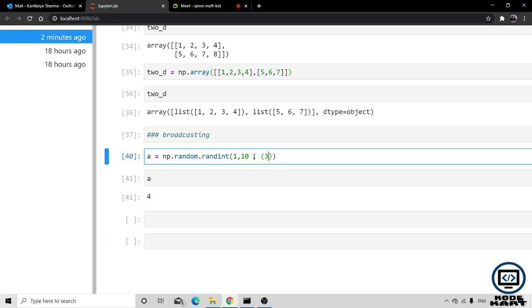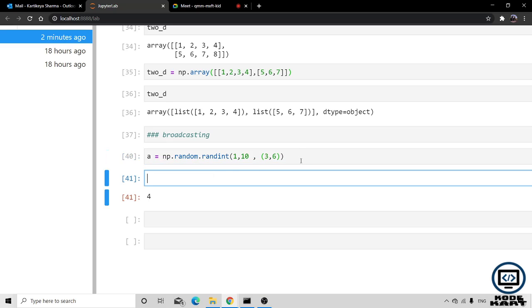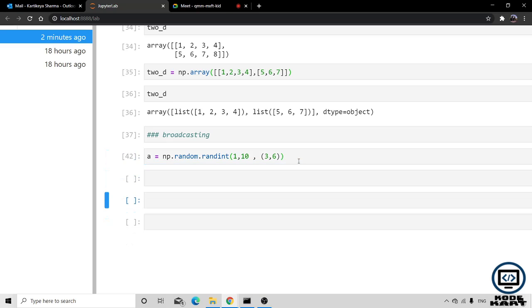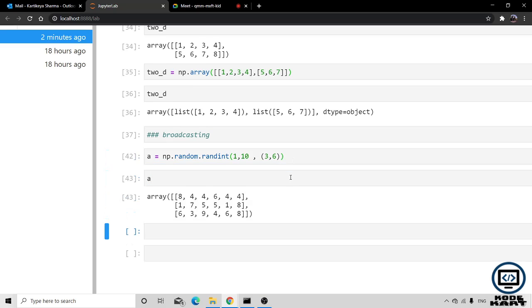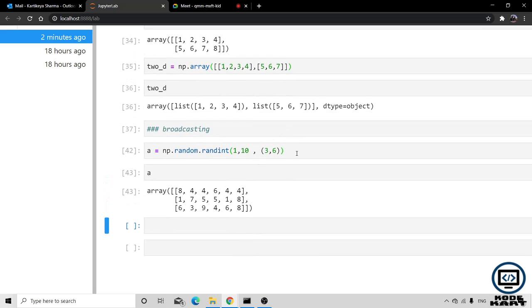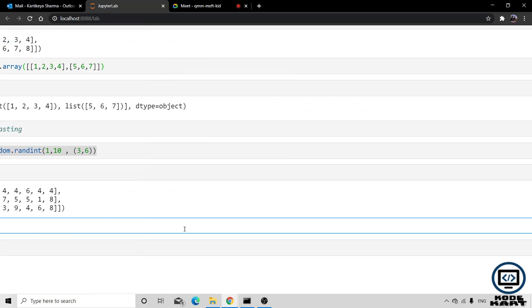If I do 3,6, it is going to generate a matrix of 3 rows and 6 columns with all elements in the range of 1 and 10. If I print A now, the matrix is generated with 3 rows and 6 columns. After that I generated one more matrix.